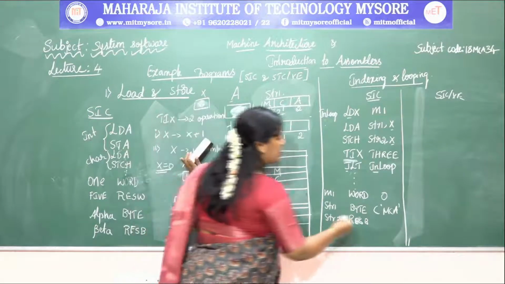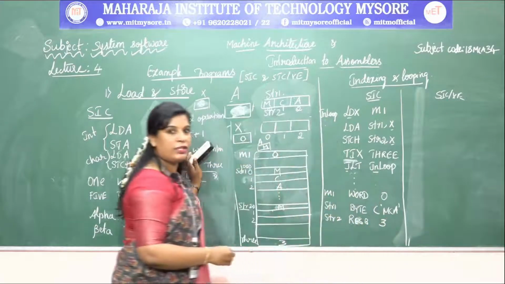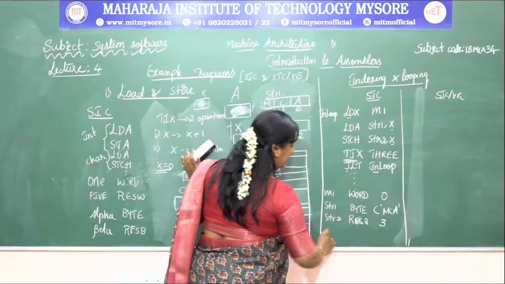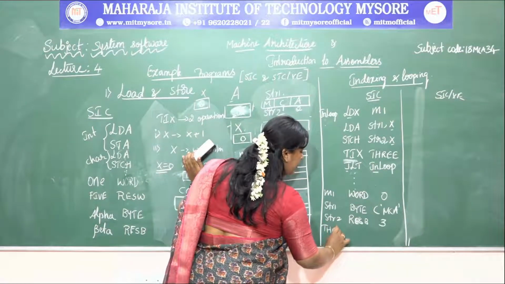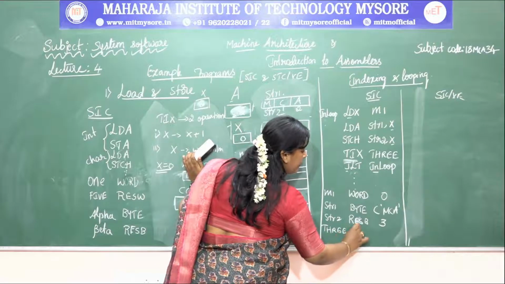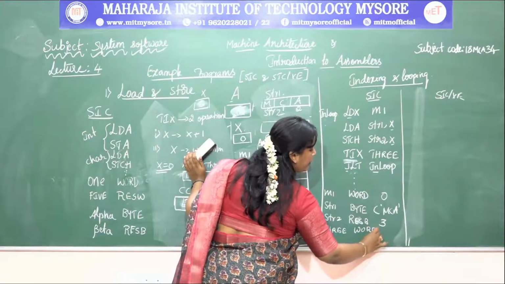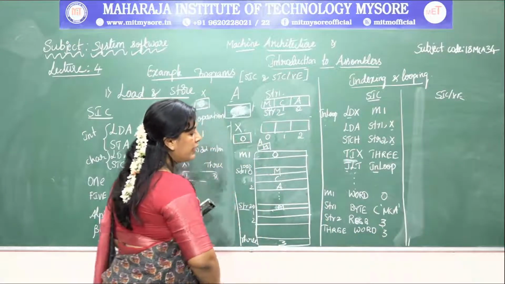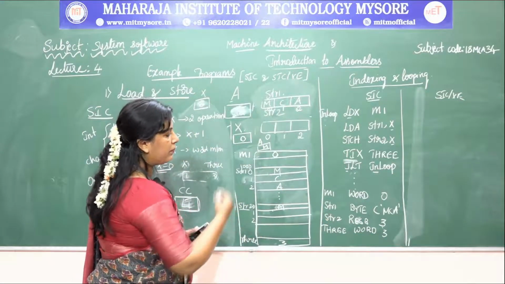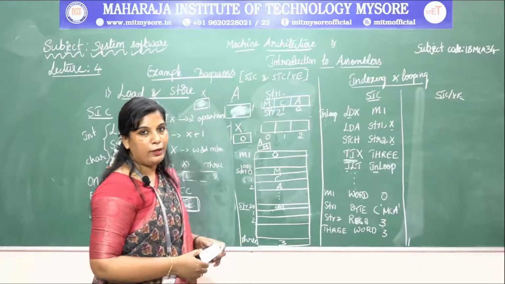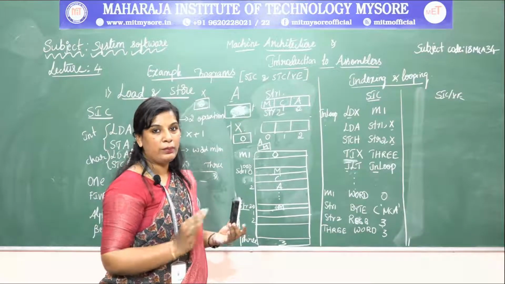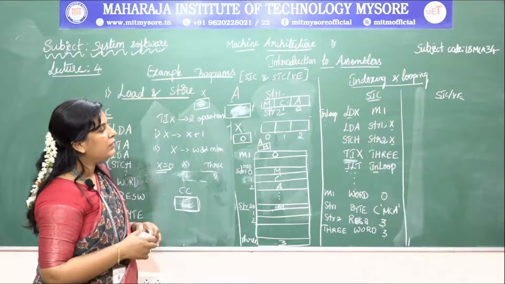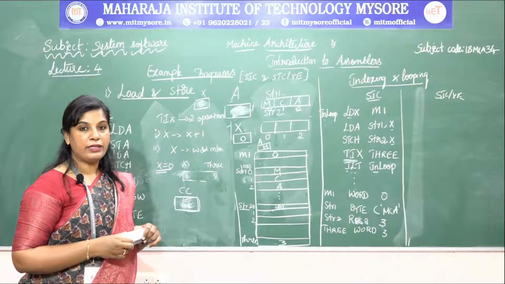We are moving 3 characters, how many bytes are we going to reserve here? 3 bytes. So the next one is what? 3. 3 is the memory location which has an integer value, that is the word. What is the value presented? That 3, right? Is there any other variable we are using? No. Loop is a looping name, it is not a data variable we are using, right? So this is how we can write the looping and indexing by using SIC.